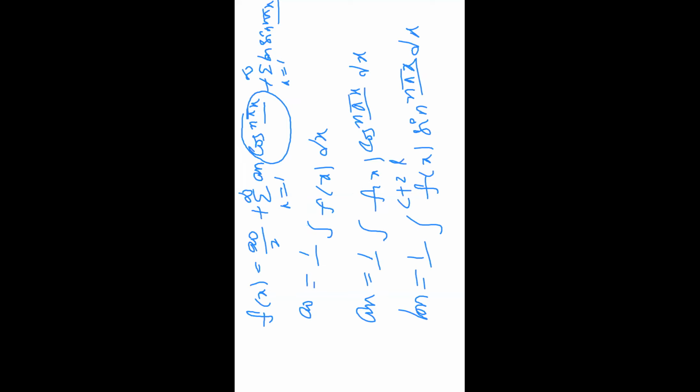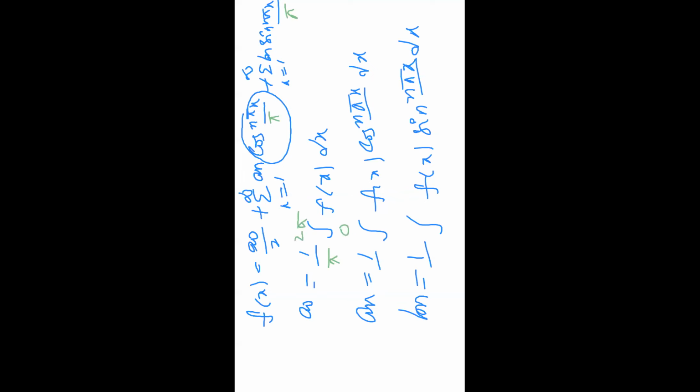Okay. So totally I replace L equal to pi. In f of x, a naught by 2 plus sigma n equal to 1 to infinity a n cos n pi x by L. Here L equal to pi. And sigma n equal to 1 to infinity bn sin n pi x by L. L means pi. In the formula of a naught, 1 by L means 1 by pi, the given limits 0 to 2 pi